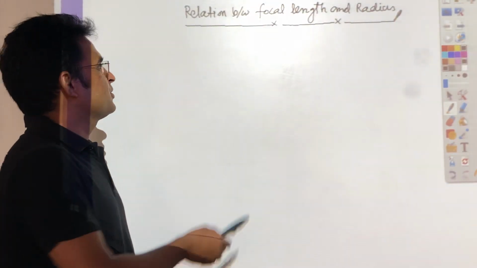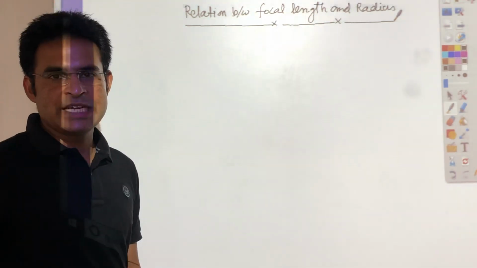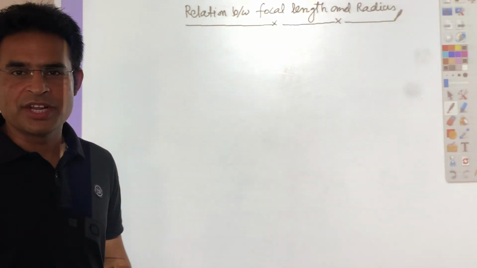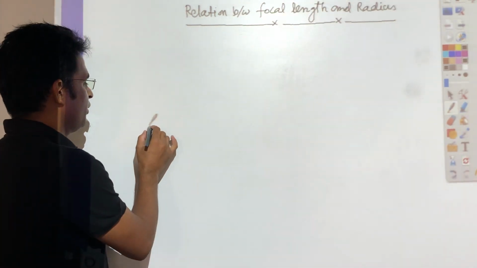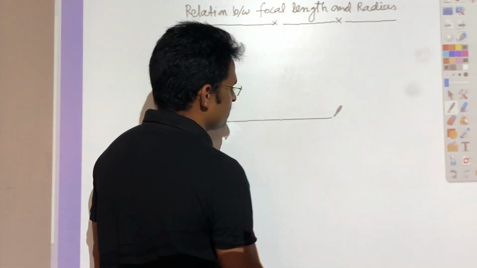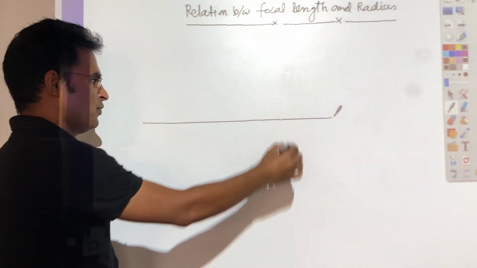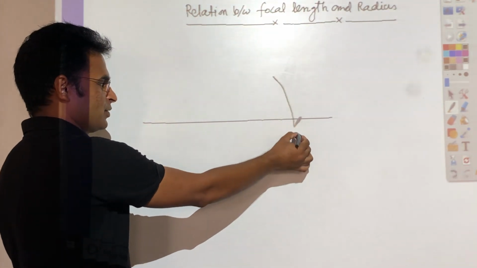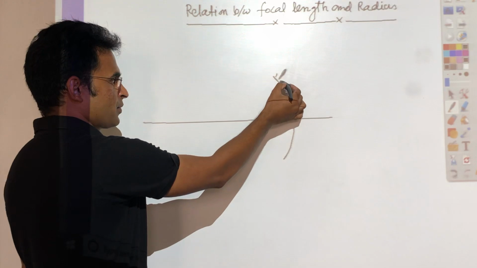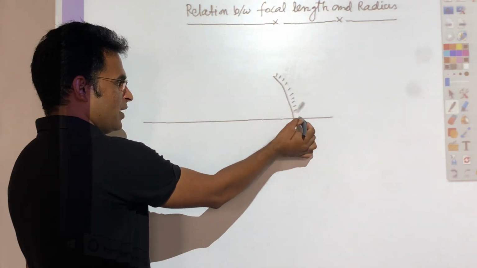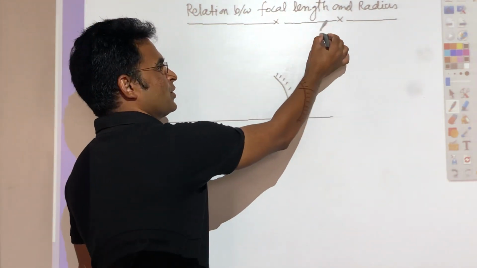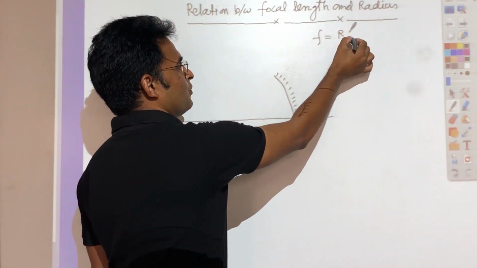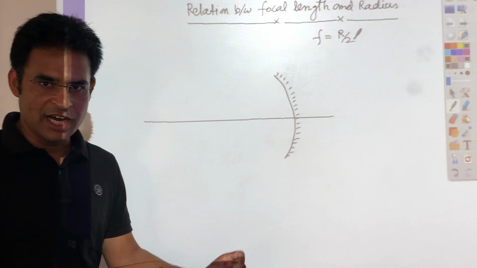Guys, this topic is about the relation between focal length and radius of curvature in the case of a mirror. For this relation, I take one concave mirror. This is the principal axis of this mirror, and I put one concave mirror over here. What I want to find out is the relation between focal length and radius, that is f is equal to r by 2. That's what I have to prove,